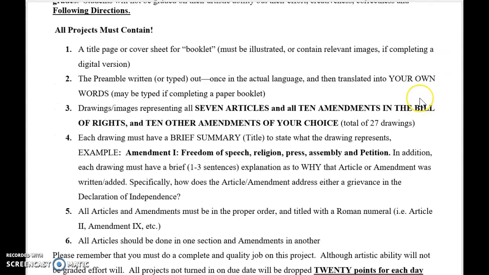So each booklet's got to have a cover page or a title page, cover sheet, whichever version they decide to go with. Preferably this will include some sort of imagery to do with patriotism, the Constitution, etc. Then we'll have a page or a slide for the preamble. What I expect here is